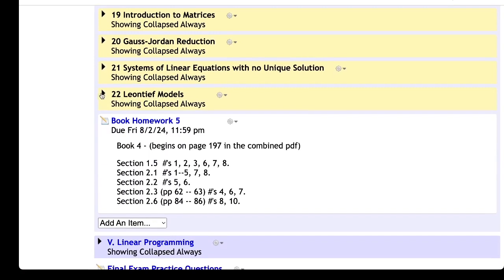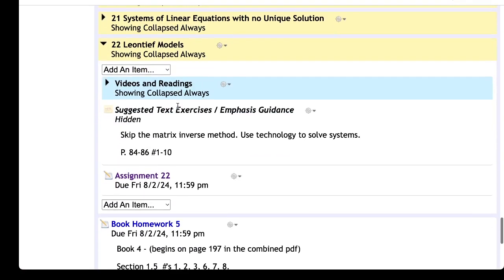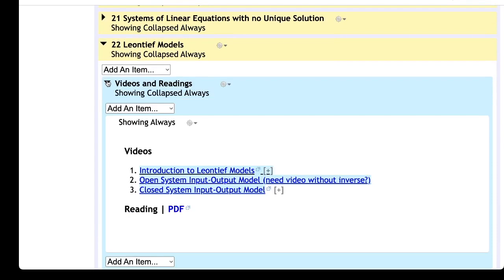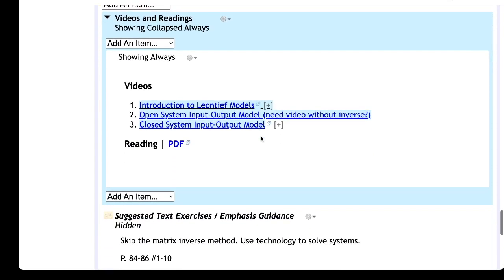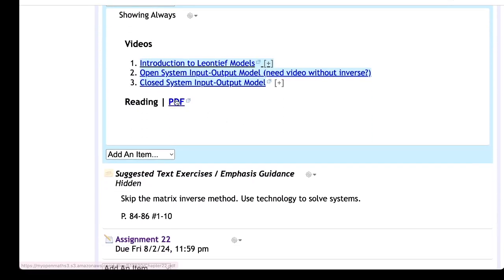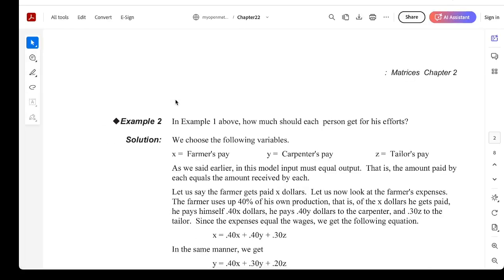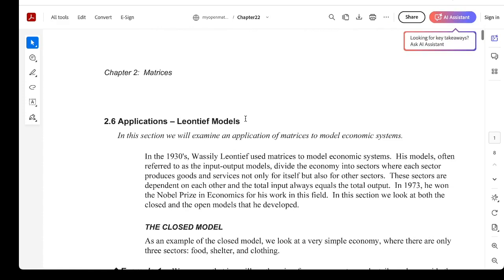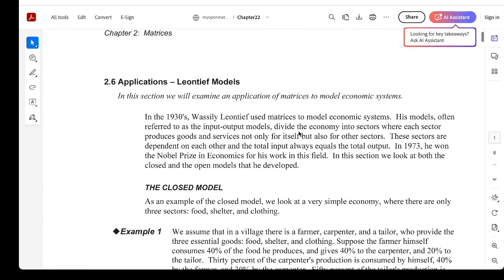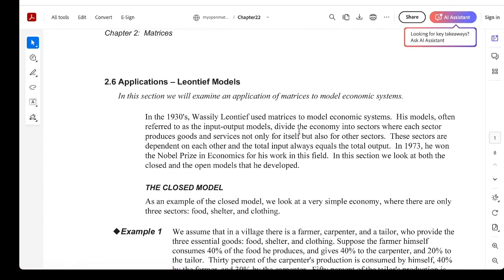Let's open that up and look into the videos and readings things. And there's the PDF. It did not open at the beginning. That was funny. All right, so here's the beginning of the section, and the history of this is sort of